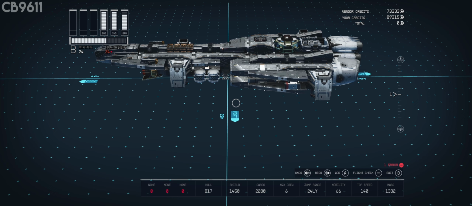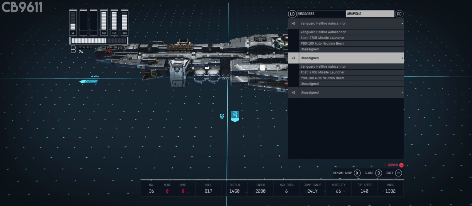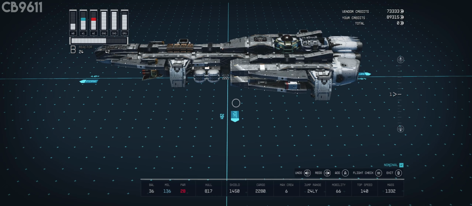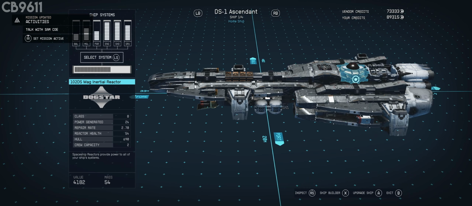And here we'll go ahead and do flight check. So yeah, we gotta assign our weapons. Just doesn't matter where you assign them. Just depends on the buttons you like to press. All right, and we'll go ahead and exit here. And we'll go inside the ship and we'll see whether or not...